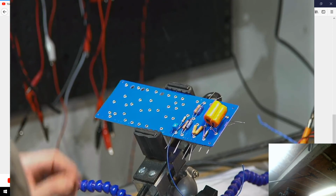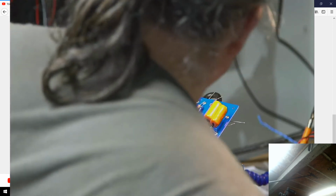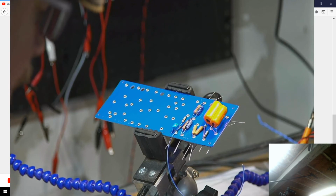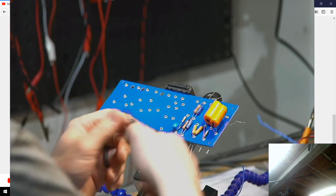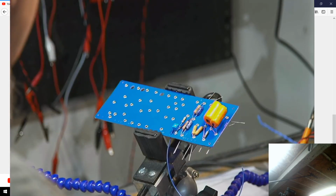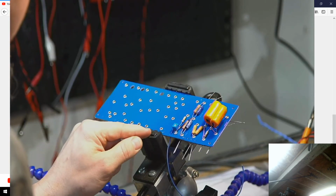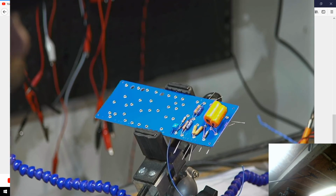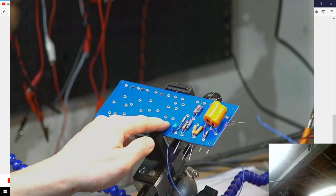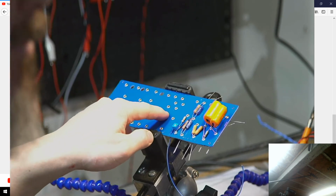Alright, done. So now, I can see it looks like we've got good connections on other points, and that one won't walk away on me, and I can also just for giggles now snip away this a little bit, it'll leave its extra out of my way. Alright, so next, now we've got that little pain in the butt tacked in place. We're going to have another couple of 100K resistors here. Then after that, I've got a 0.01, and then over here,